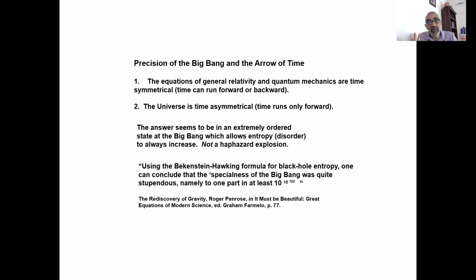And so that argument, of course, is much more involved than this simplified description. But the bottom line is, both for the universe to allow useful energy that can sustain life, and for the universe to have time run only in the forward direction,